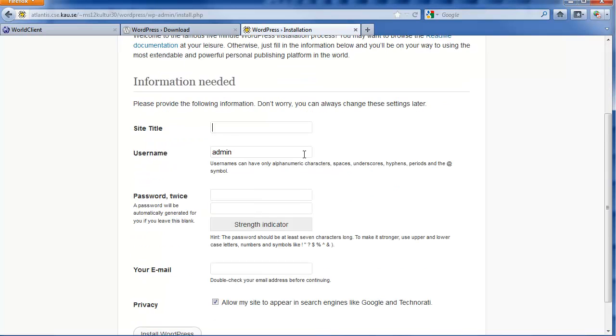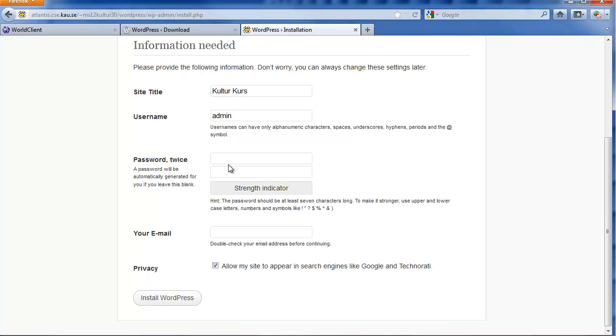Click on Run the Install. Information needed. It needs a site name. I'm going to call it whatever. You can change the name later, and the username is going to be, for now, admin, although for security reasons you may want to change that on a real site. But for a class, it's okay. And then the password, this is going to be your unique password to WordPress. So I recommend that you do something that you can remember,